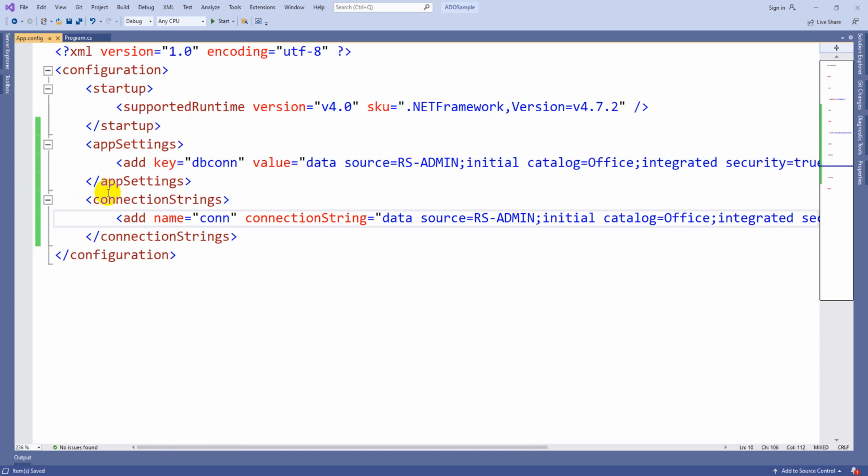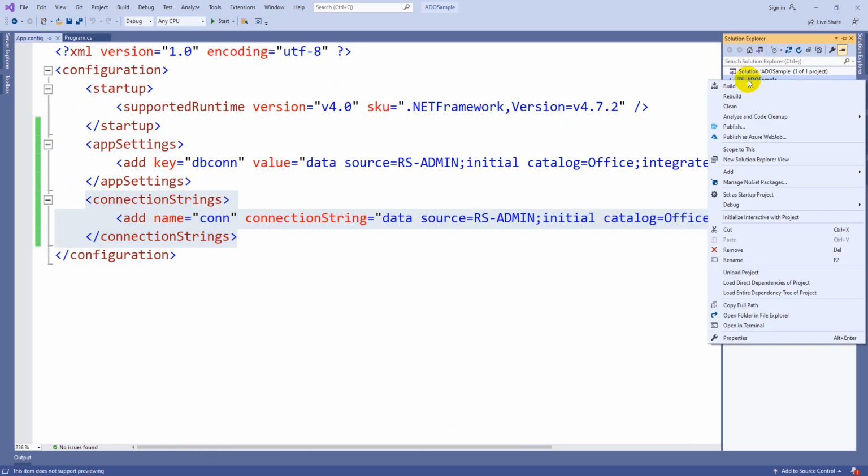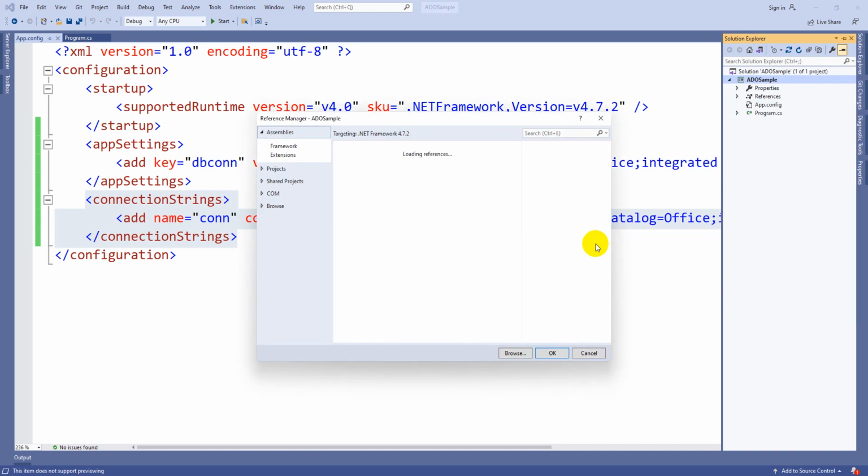Now, if you want to work with connection strings, you cannot access them directly. You have to add one step: right-click on the project, choose Add, and then the Reference option. Because the connection string is not directly accessible, you need to go to Solution Explorer, select your project, go to Add and select this Reference option.